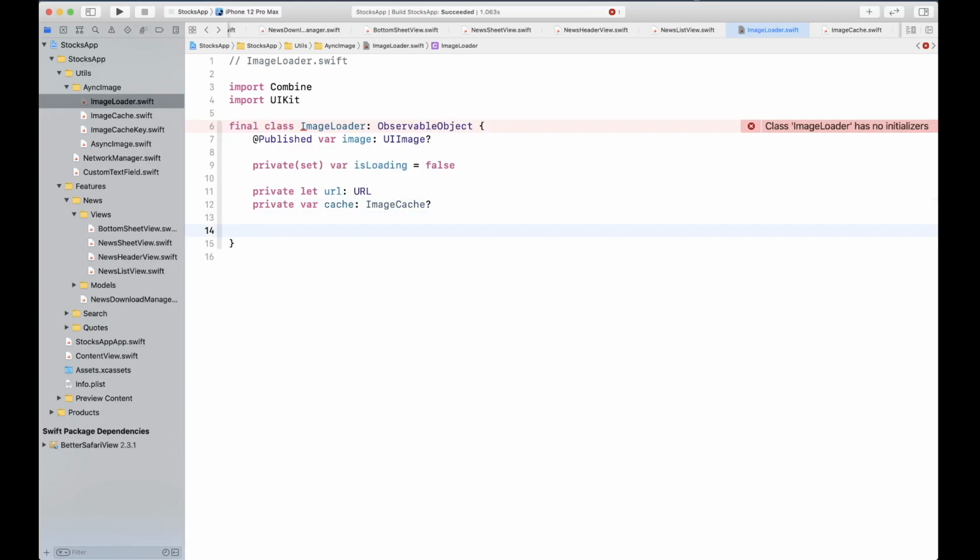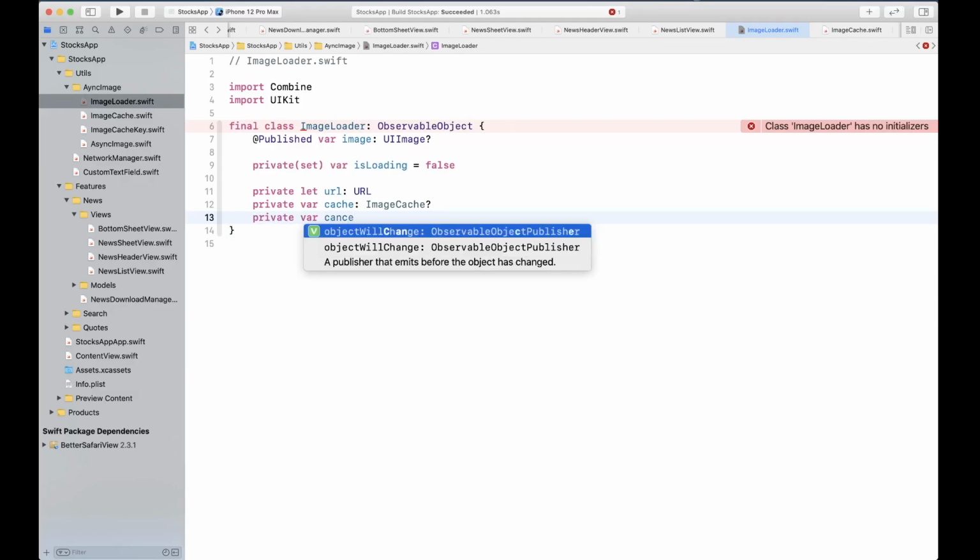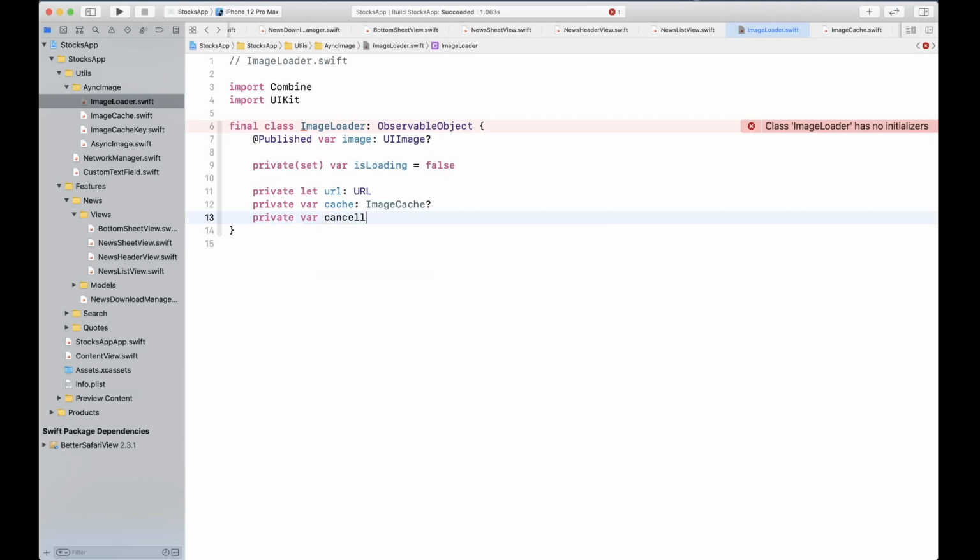Okay, and then we're going to need one variable to store cancellables. So we're going to say private var cancellable, which is going to be an optional AnyCancellable, to store basically our cancellable for our download publisher. And now we're going to say private static let imageProcessingQueue.